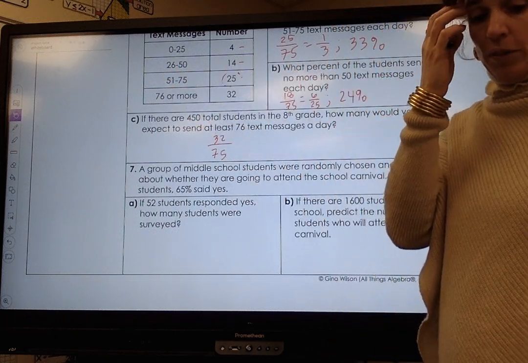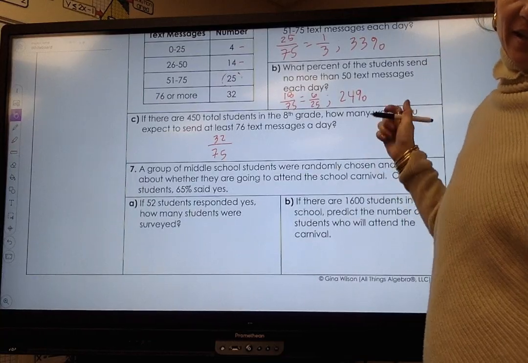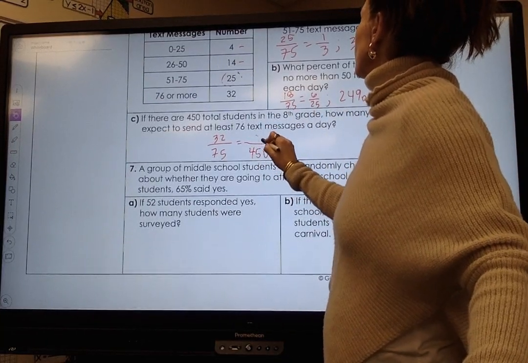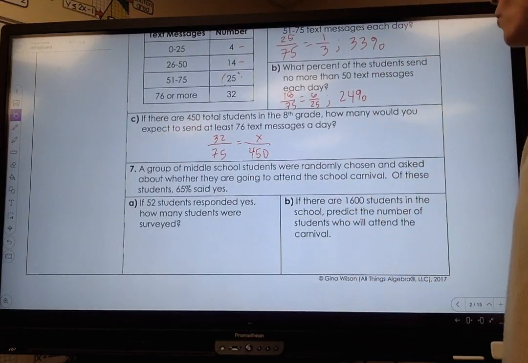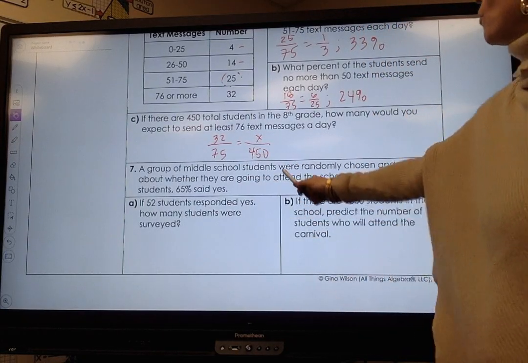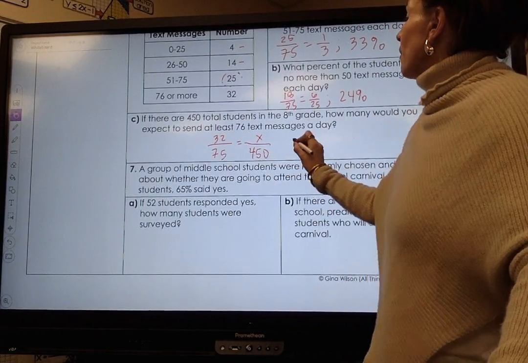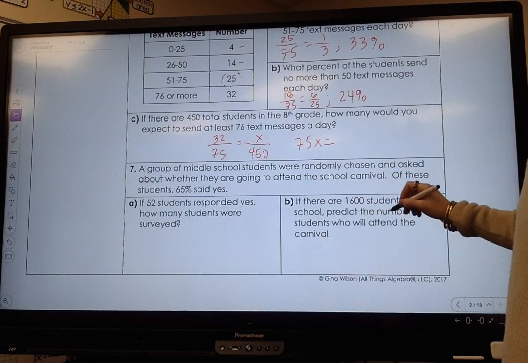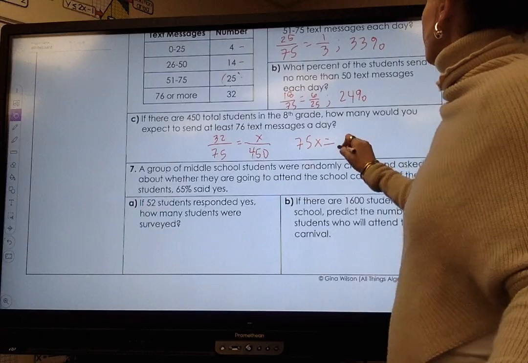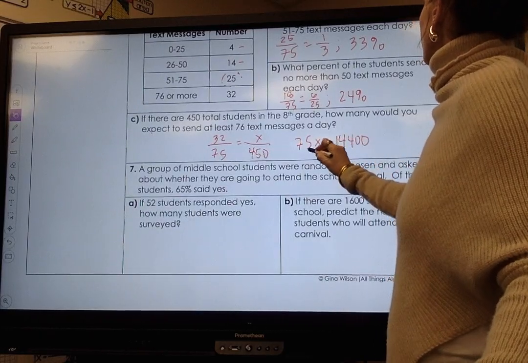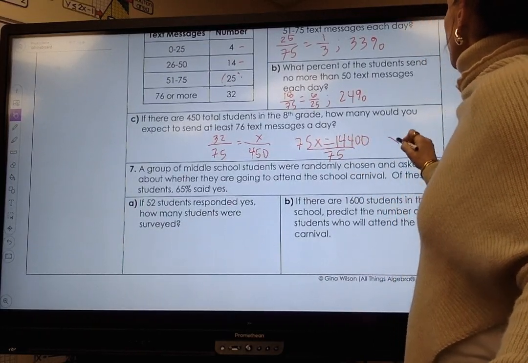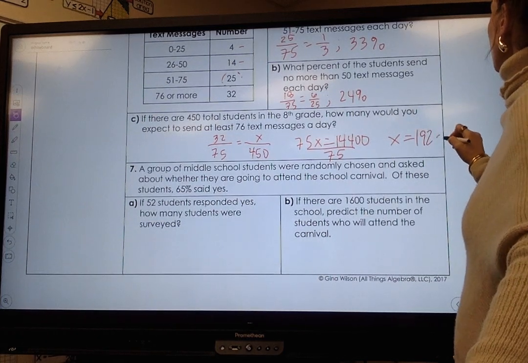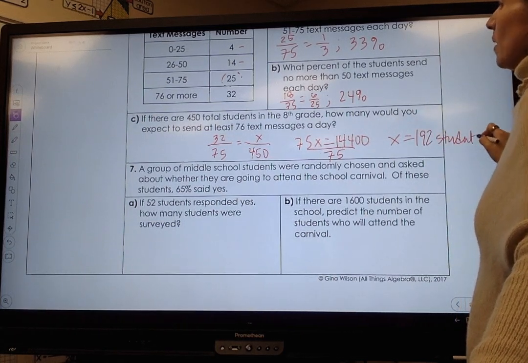If I wanted to predict, I would set that equal to how many students out of 450 total students, and I would just cross multiply. 75x, and then 32 times 450 would be 14,400 divided by 75. And so I would expect 192 students to send